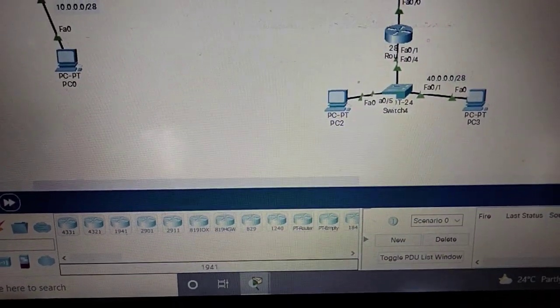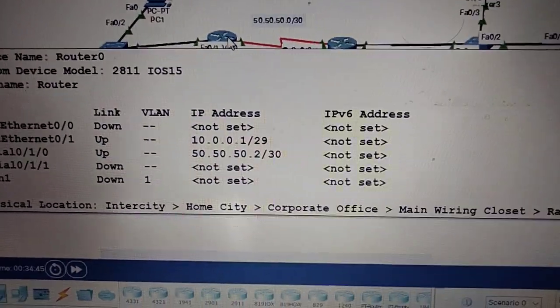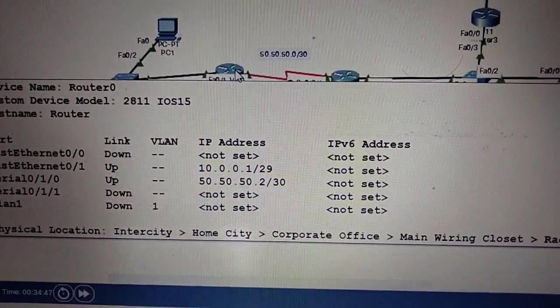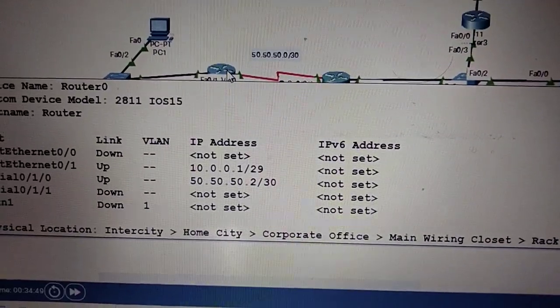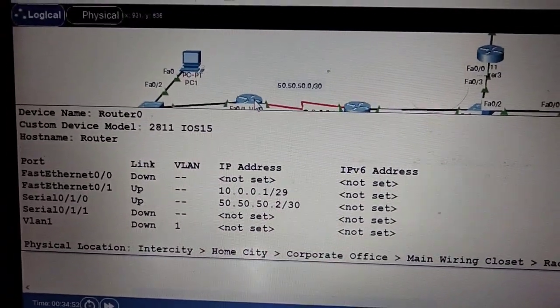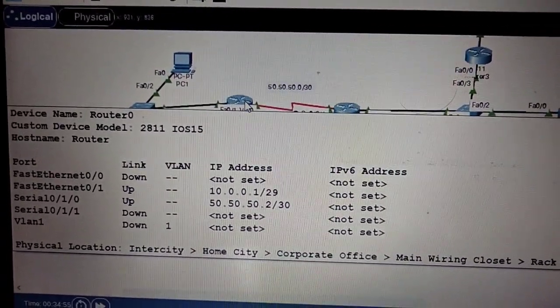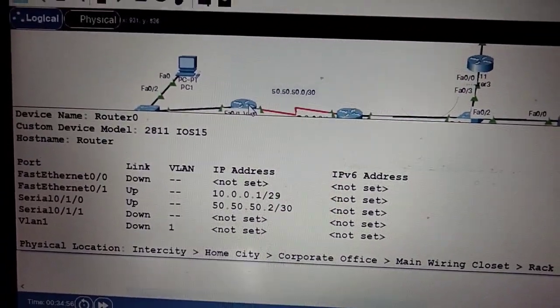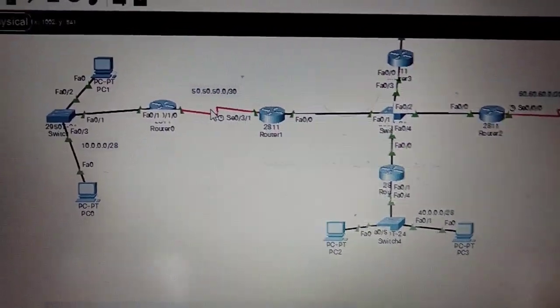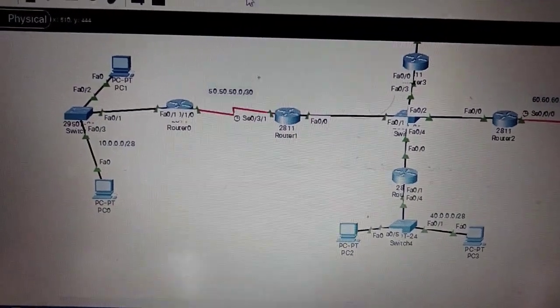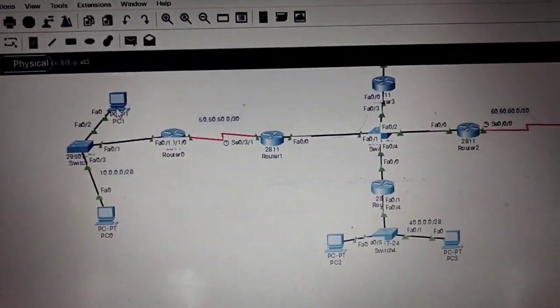And when it returns after going to the system, it will come back again. For this router 0 I have taken 50.50.50.2. After completion of this, we have to check in the system.